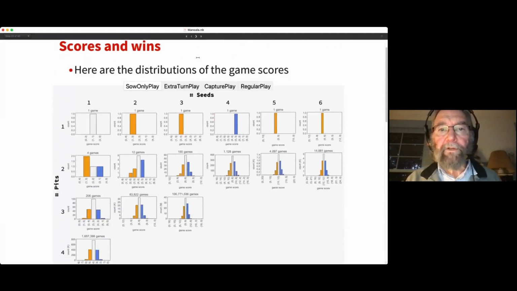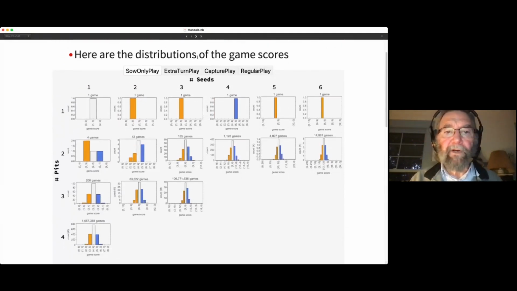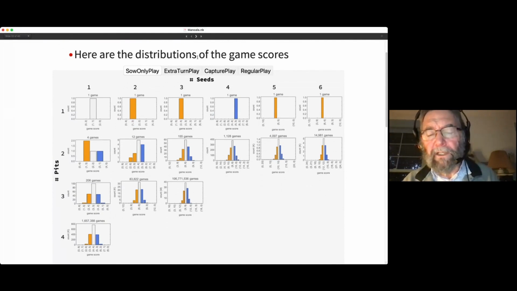Okay, looking at scores and wins, these histograms or bar charts show the actual scores. You can read them off, and for example, here, player 1 had one seed. Player 2 had 3 seeds. So player 2 won the game here. This was their final score. So they're colored by who wins the game. Ties are white, and